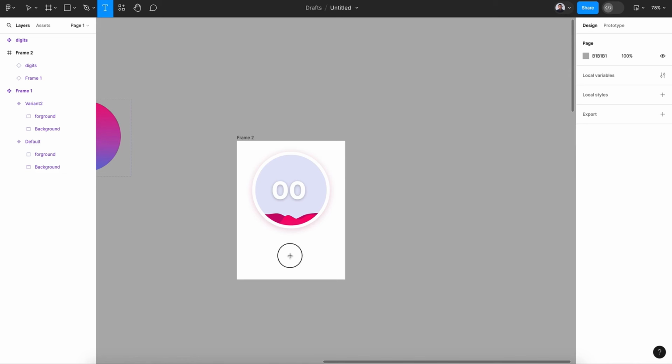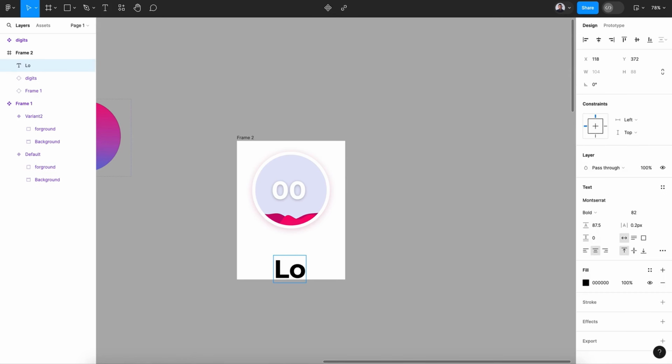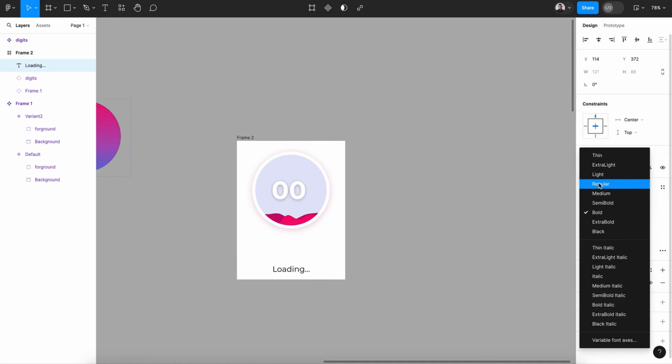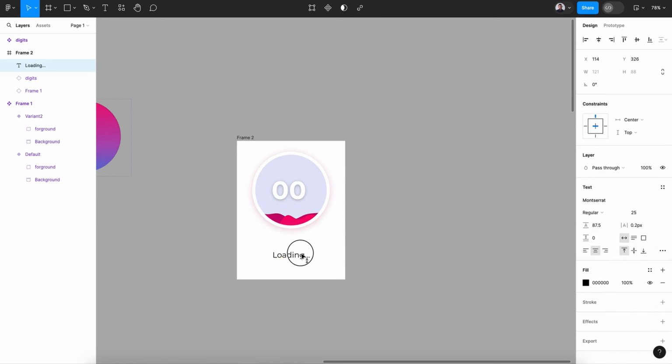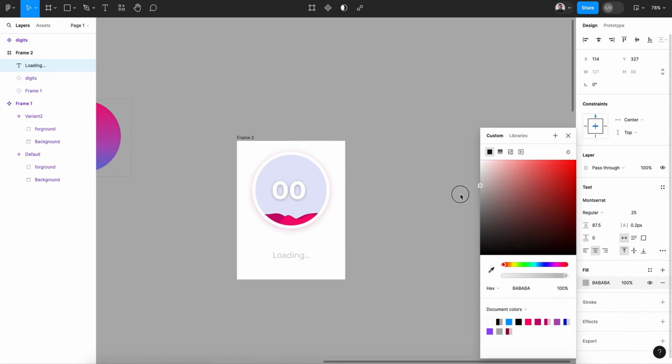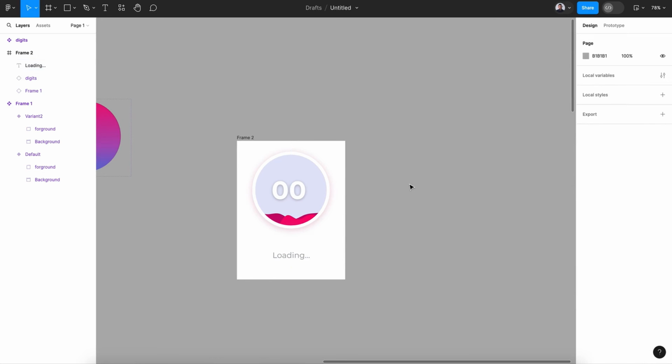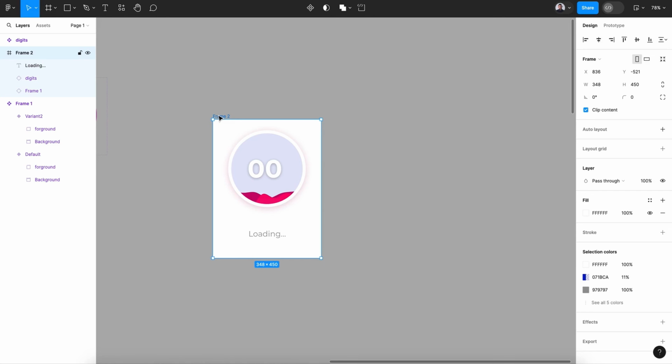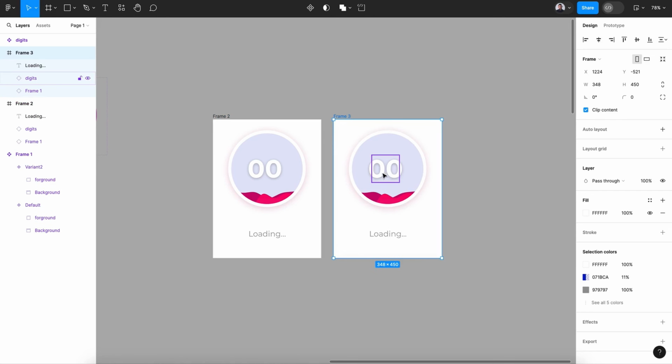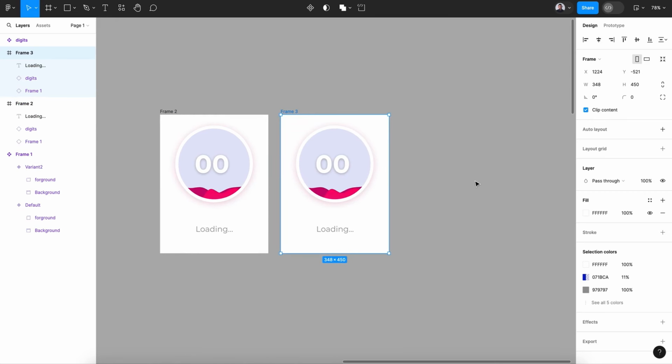And also let's create a new text layer, loading, and 3 point, let's resize 25 of size, center, and it will be light and a gray color. All right, now let's duplicate this, and for this one,